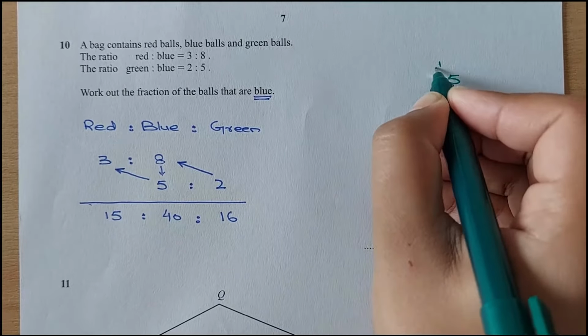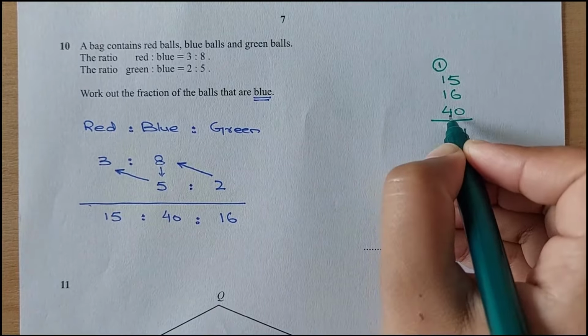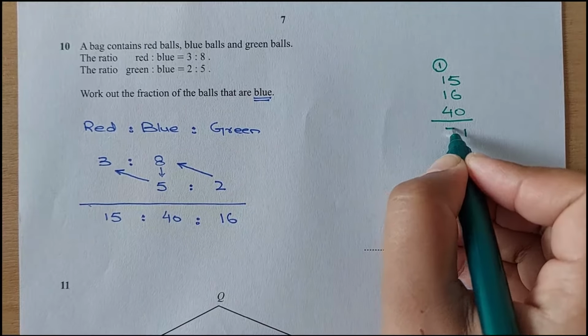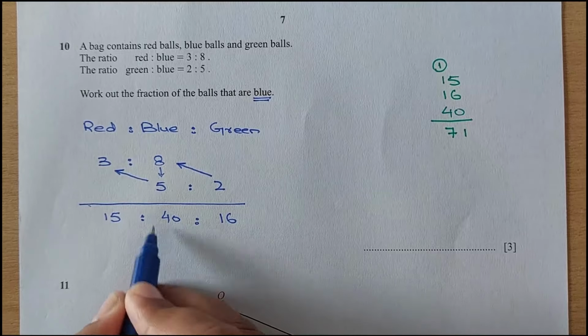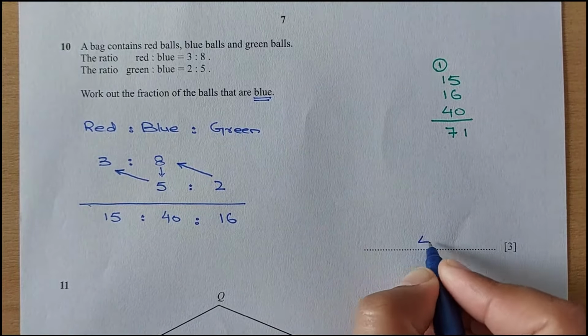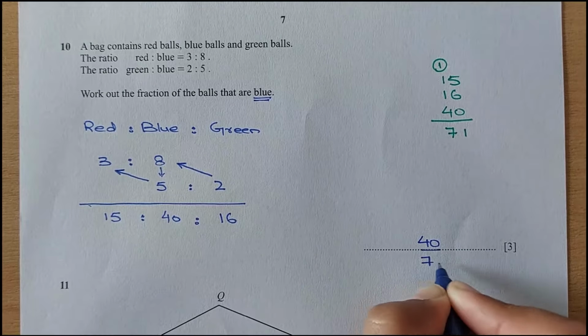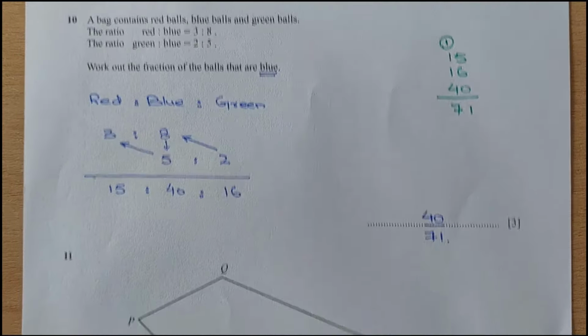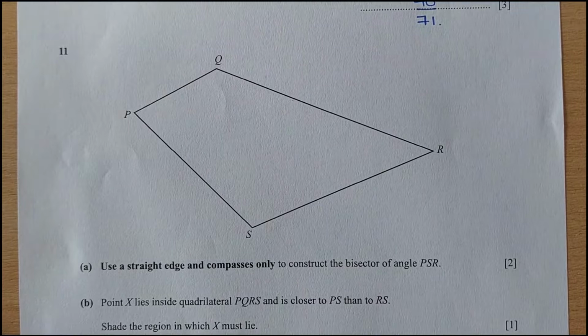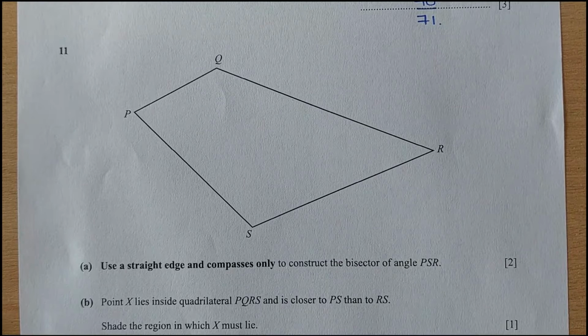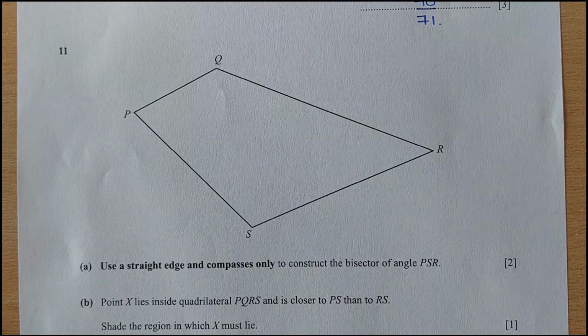6 plus 5 is 11, and 4, 5, 6, 7. So this is 71. So the total balls are 71 and blue balls are 40. So the fraction is 40 out of 71. Right. Question number 11. In A part, use a straight edge and compasses only to construct the bisector of angle